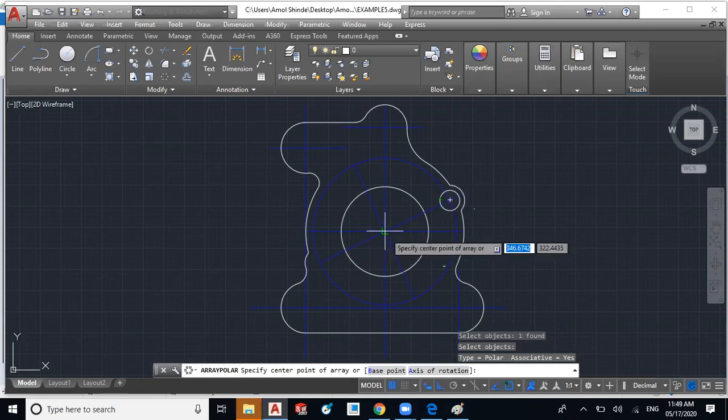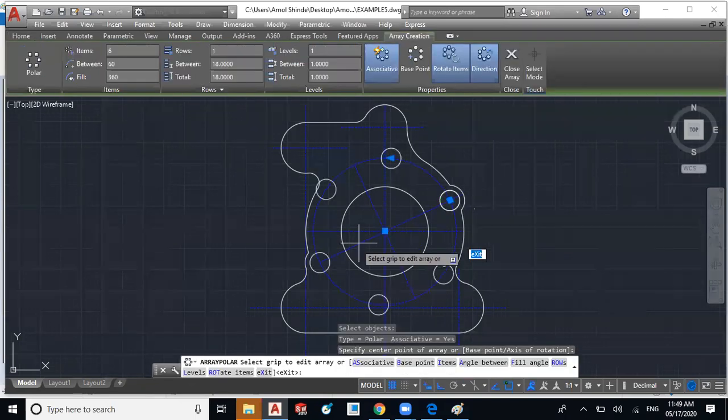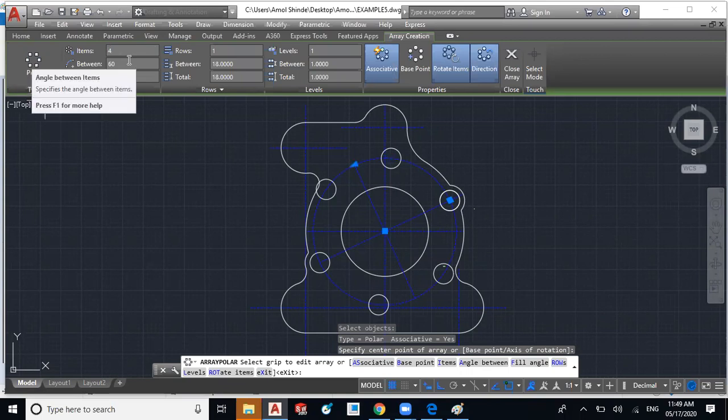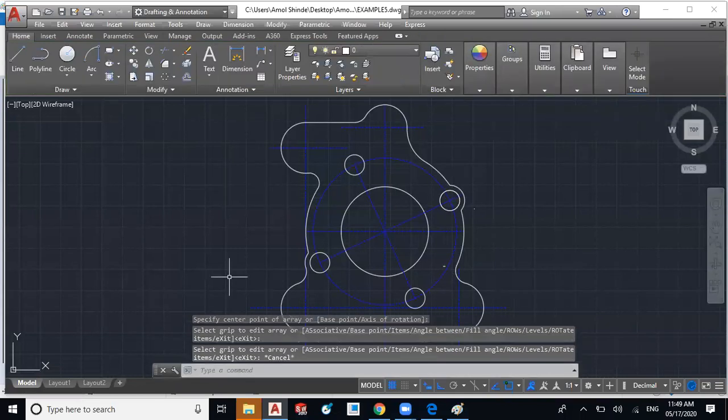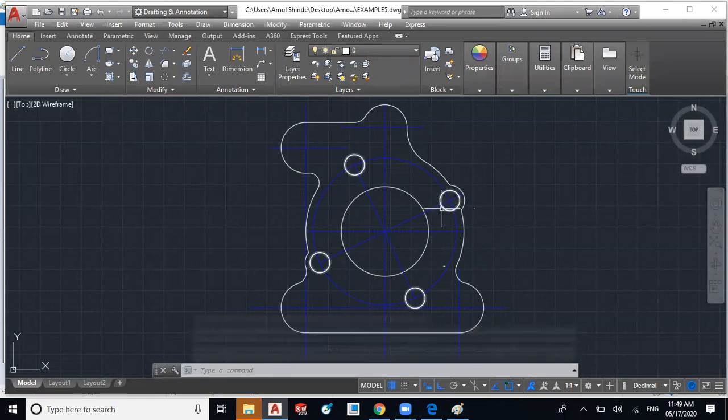So the pitch circle's center is there, so I have selected this, and now the array editor window will be there, and you have to change the number of items that we require, that is 4 items, and press enter. Automatically the between angle will be changed to 90 degrees, and escape to execute that array. So like that we can create a polar array.